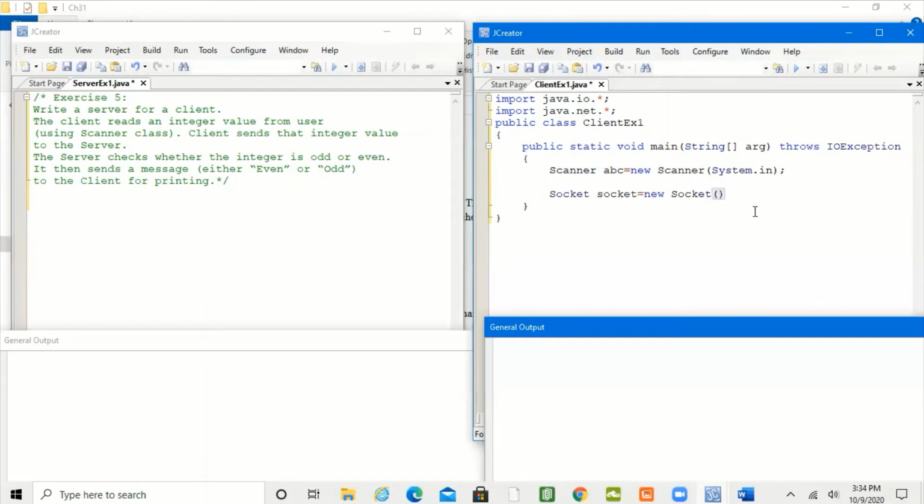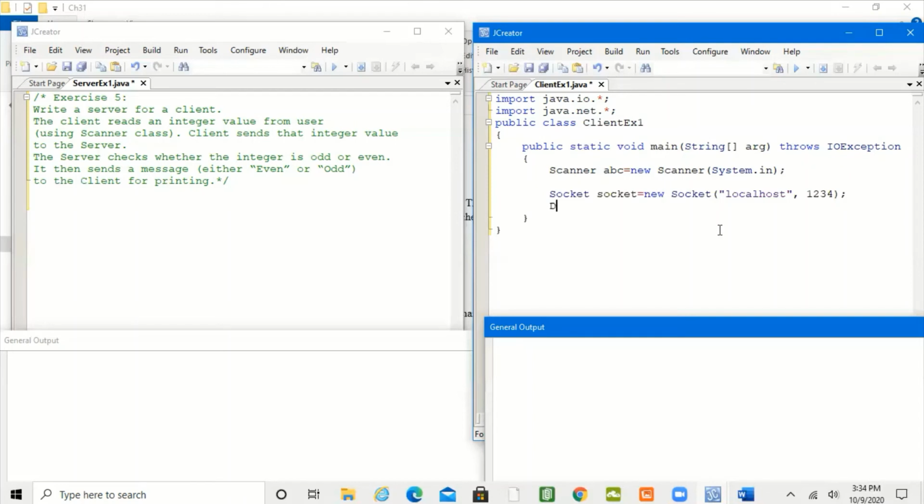You need to mention the host name, let's say localhost, and the port number, let's say 12345.